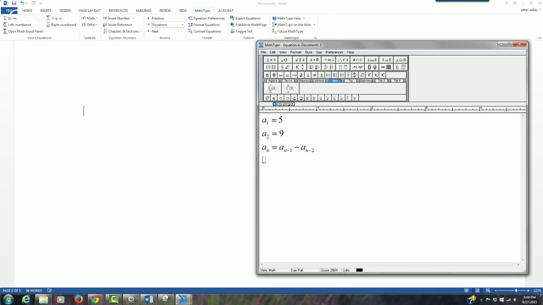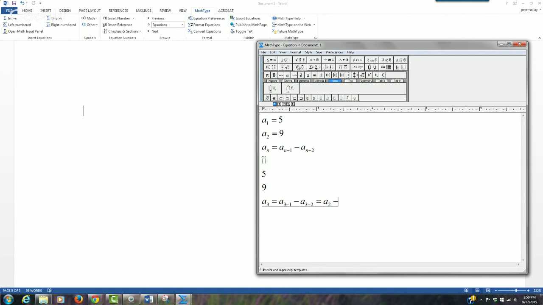Okay, and we're going to write out the first 5 numbers of this pattern. The first number is 5, the second number is 9, and the third number in our pattern is going to be n minus 1 minus n minus 2. So what that means, with n = 3, 3 minus 1 is 2, so it's the second number